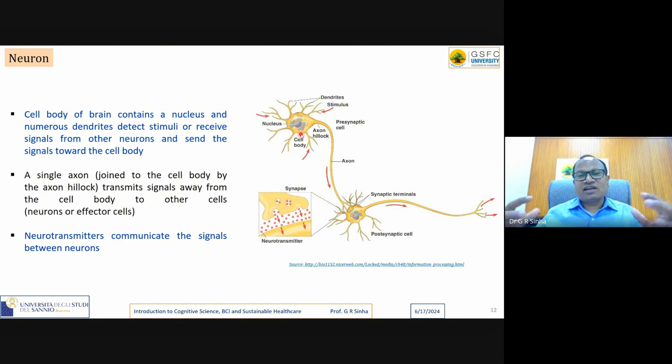Remember how many neurons? Billions of neurons. It is found by studies that 84 to 100 billion neurons are there in a human brain. So all those neurons are clustered in groups, and each and every neuron has a nucleus and neurotransmitter. With the help of that neurotransmitter, one neuron communicates with another neuron, isn't it?